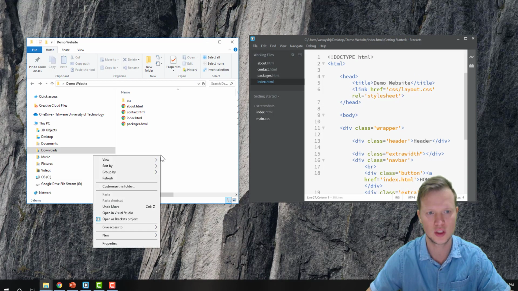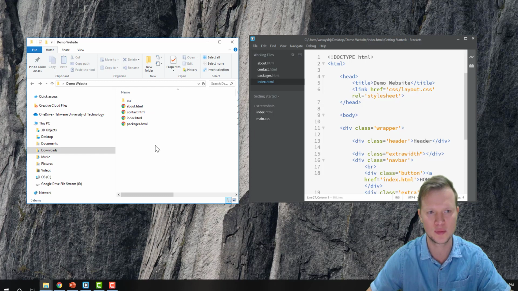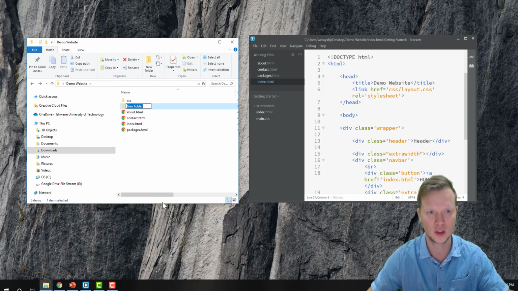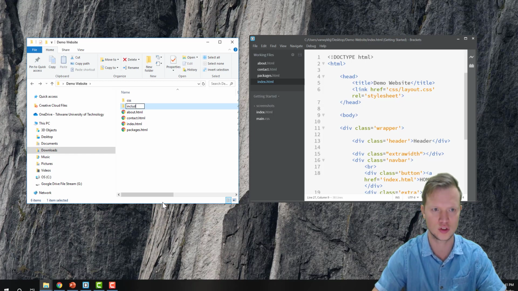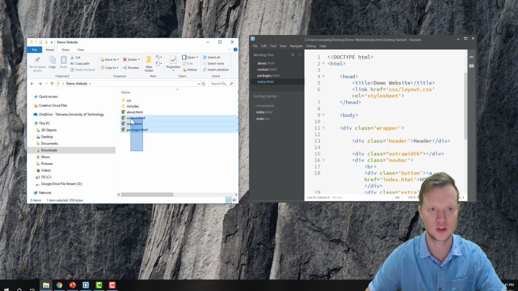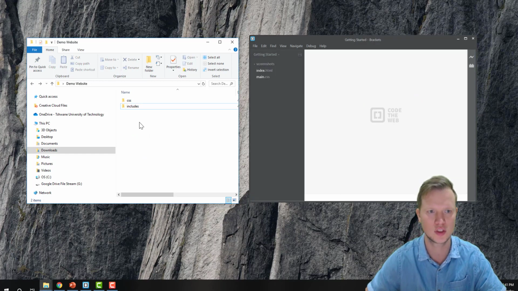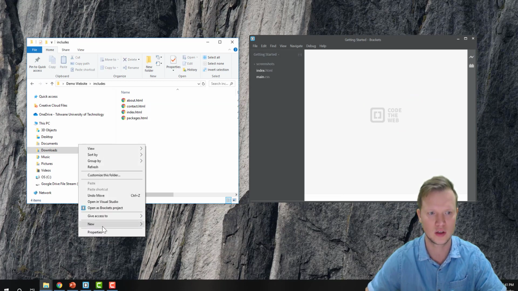In our demo website folder, I'm going to create a new folder called includes. Inside this includes folder, I'm going to move all my pages. Okay, I'm going to close all this, and then I'm going to create